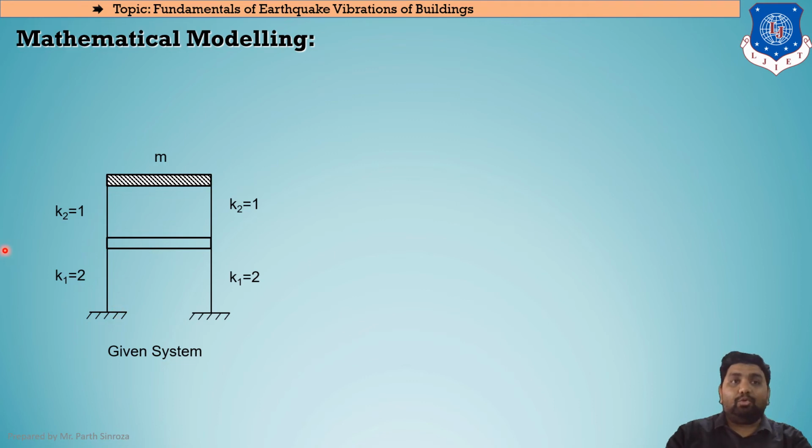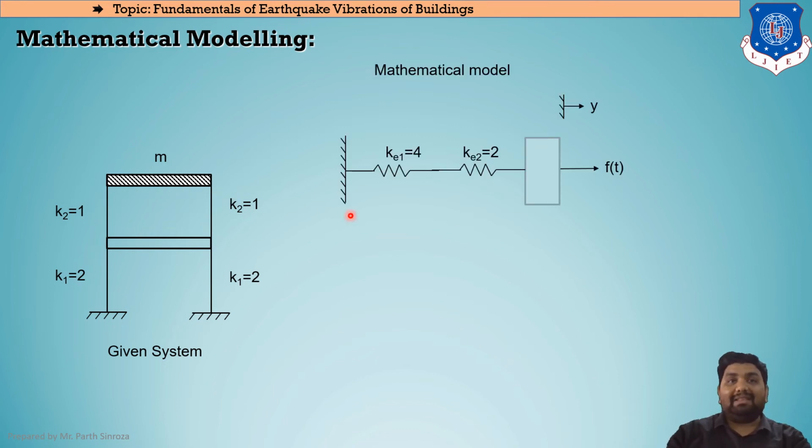So as you can see, if I move this support here, then it will be acting as a fixed beam, and a fixed beam is always in a series connection. Clear? So though these two supports are parallel to each other, if we connect this intermediary, then it will become a series connection. So there are two possibilities. The first one is that this intermediate way will be considered to be in series, and these two columns, that is K2 equal to 1 and this K2 equal to 1, will again be in series to this lump mass, that is M. Clear? So the mathematical model here will be something like this.